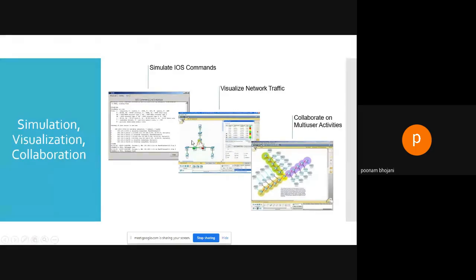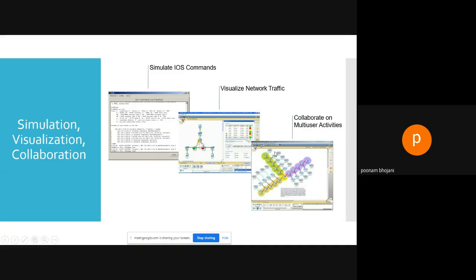In Multisim, we look at the different instruments to see how the waveforms come. So here in Cisco Packet Tracer, you can visualize that, okay, give the data to the first computer and send it to the third computer. How this data comes from the first computer to the third computer, you can visualize in the simulation.